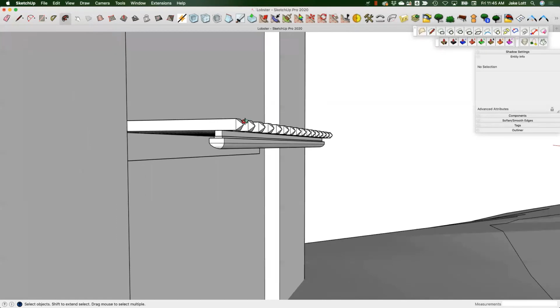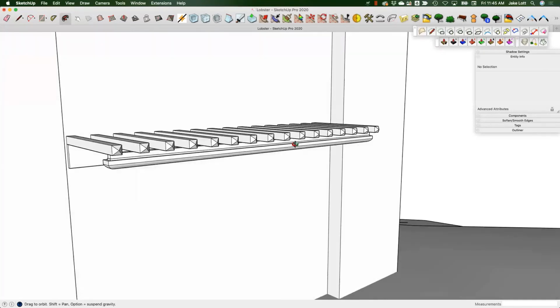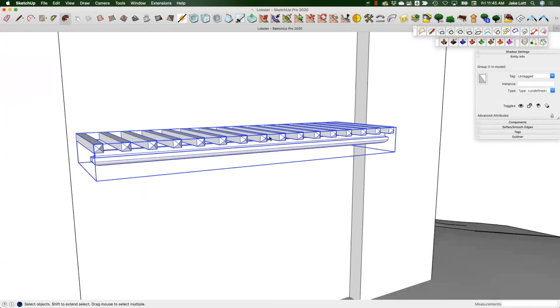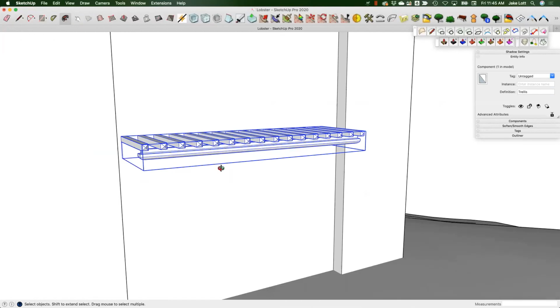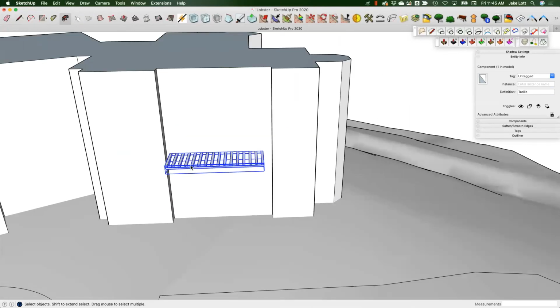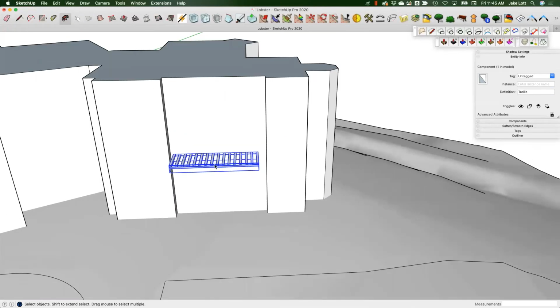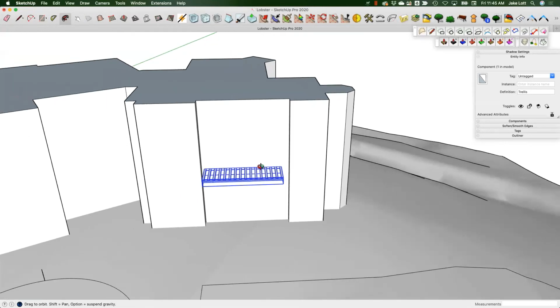So, anyways, that's the kind of speed that we can do stuff. Now, of course, he's in a component already, or he's in a group, more or less. So we can definitely change him into a component, and we can just call him trellis. And he's got a good enough access point that I can insert him just right there and be fine. So we'll create. Now, why did I go through all that effort? I definitely have a point in mind here. And